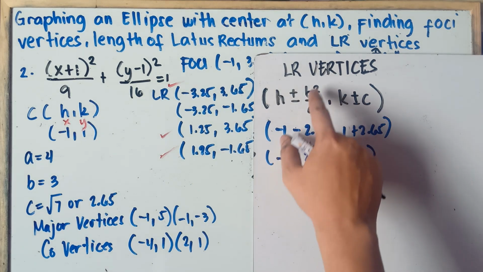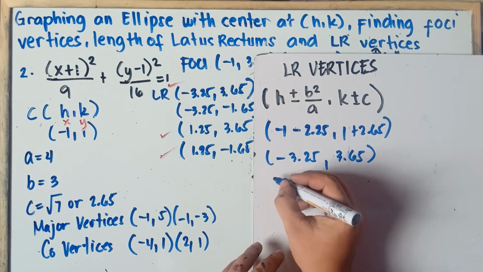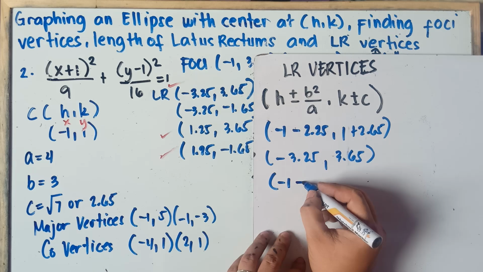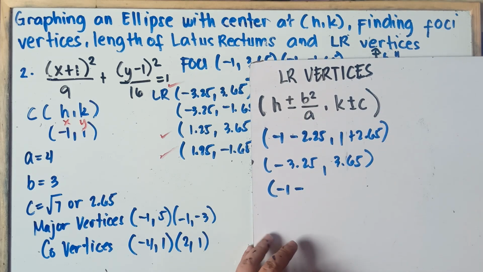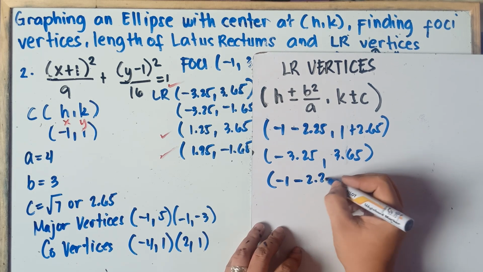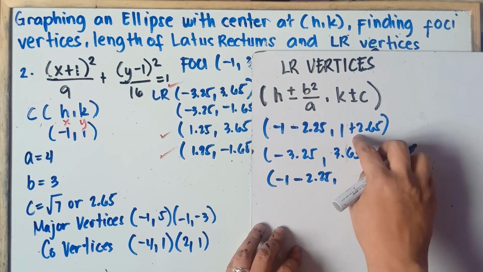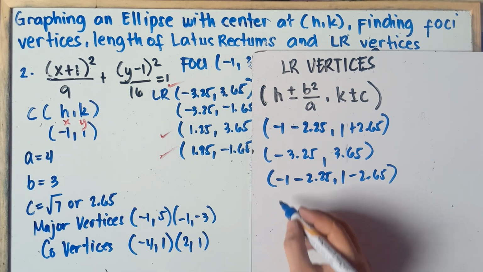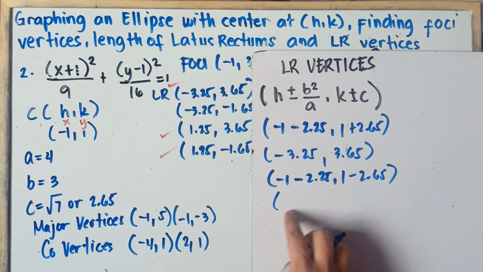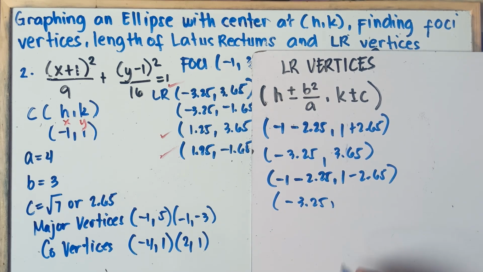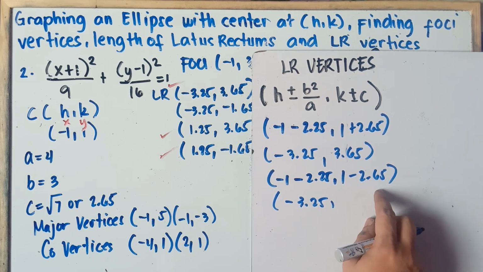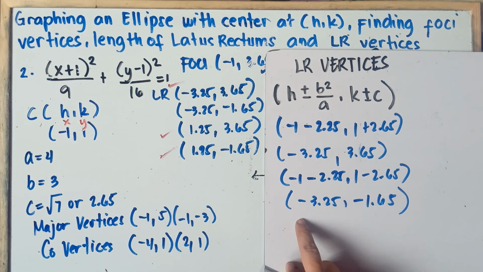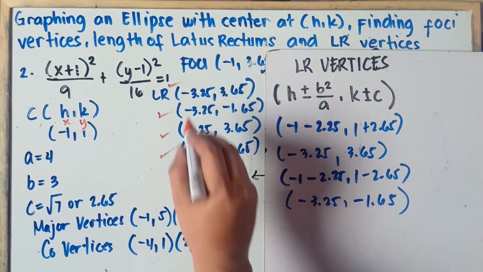Alright, so let's have negative for b squared over a and then negative for c. So this will be negative 1 minus 2.25, and then comma, so we're done with positive c. Let's have k is positive 1 minus 2.65. Alright, so both negative, simply copy the negative sign and then you add. This will be negative 3.25, comma, unlike signs, subtract, then copy the sign of the larger number. This will be negative 1.65. Same, class. So check, class. Negative 3.25, comma, negative 1.65. All set, class.